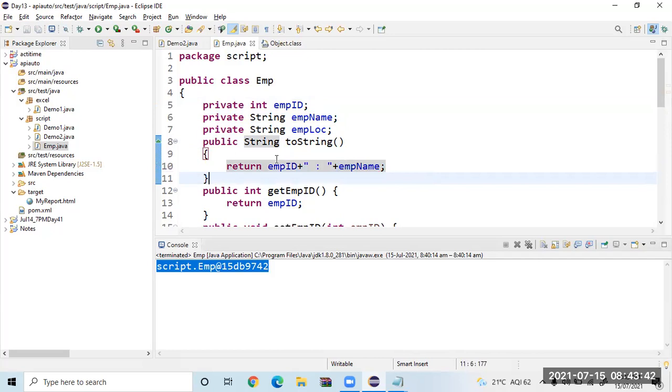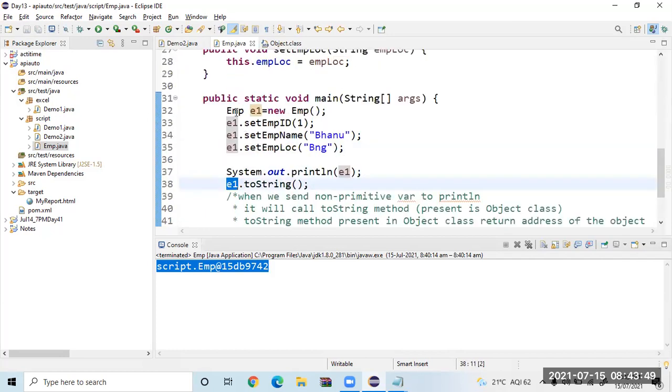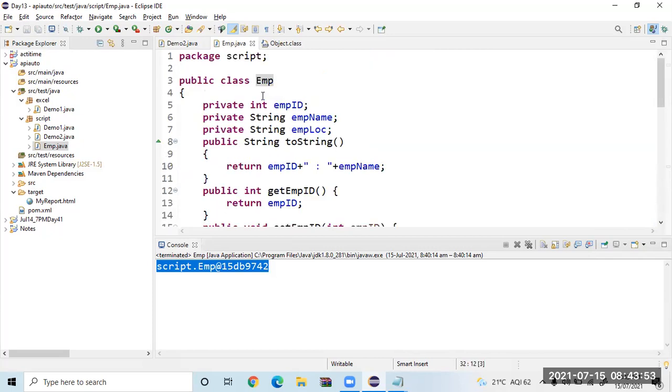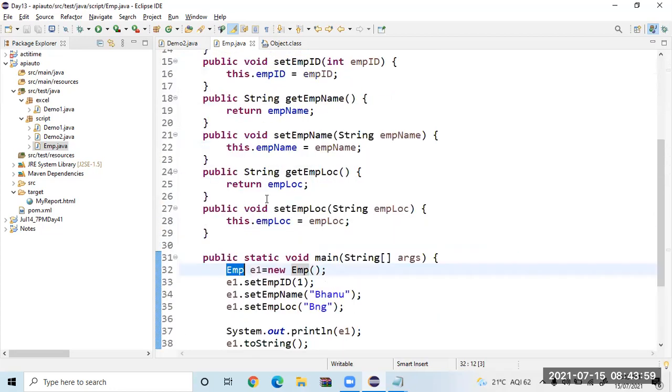Now tell me, println will call the toString method from E1, which is of type EMP. Will it call the toString method present in the EMP class, or the one in the object class? EMP class, because this method is overridden.